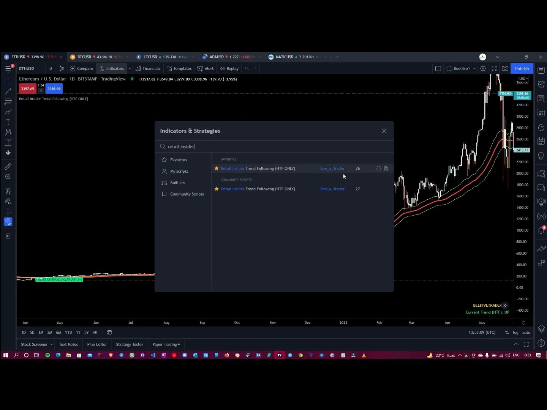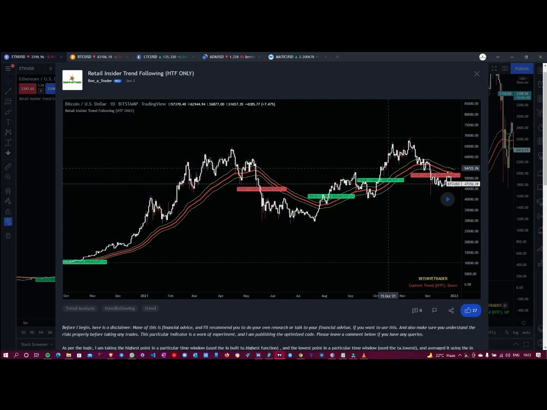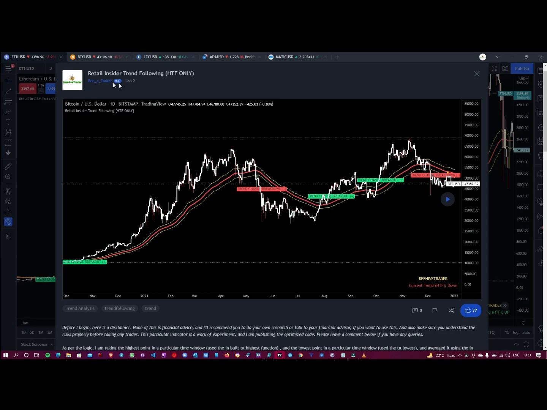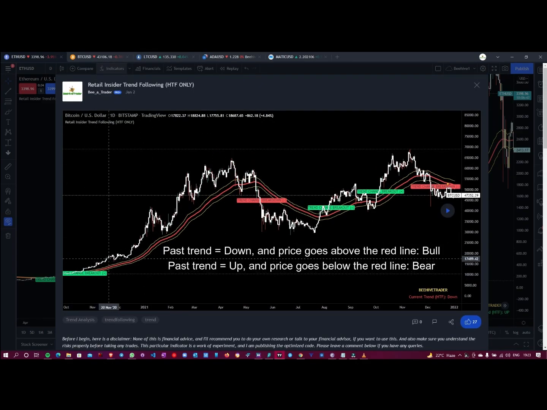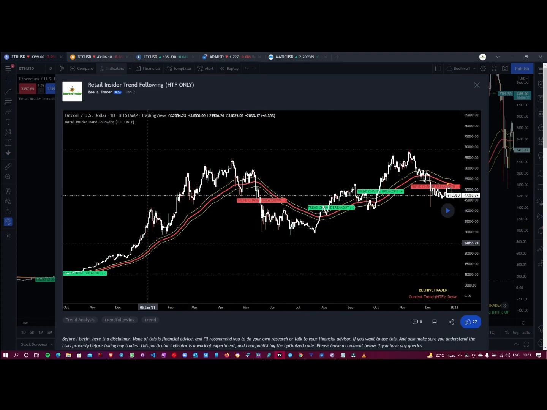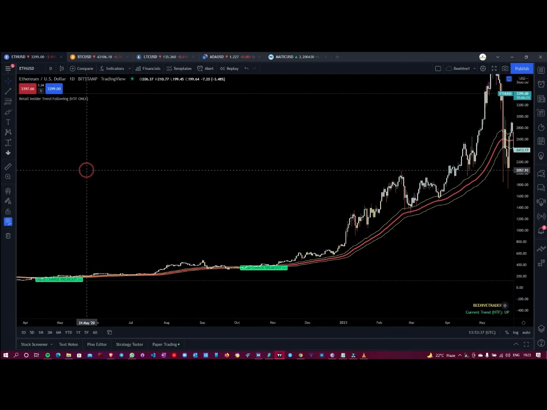You can also check out the read more option to open the details. In our case, the indicator will indicate a possible trend change in the market. So our expectation will be if the price of the asset goes above the indicator when the overall trend is down, it can signal a possibility of a sustained uptrend or a bull market in future. Similarly, if the price of the asset goes below the indicator when the overall trend is up, it can signal a possibility of a break of uptrend or corrective phase or a bear market. Whichever asset you're looking at, just make sure you are on a high time frame.